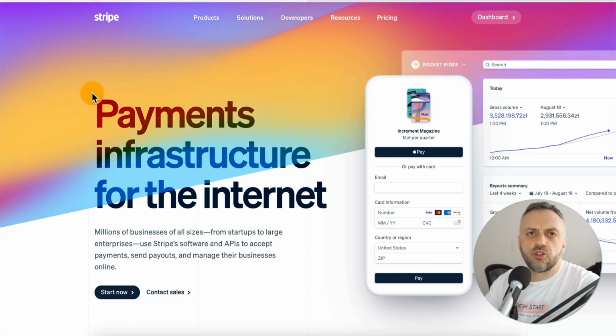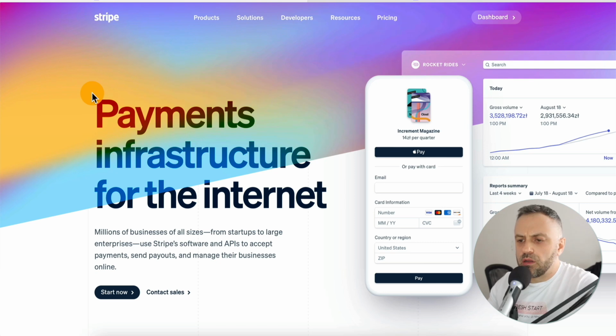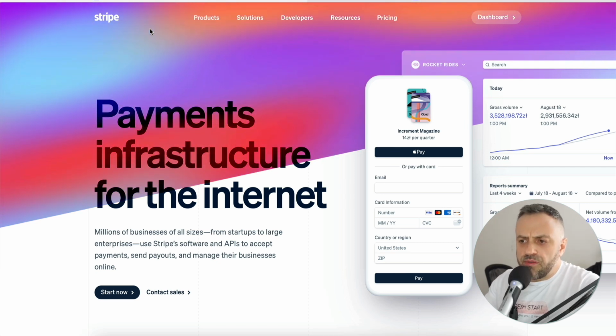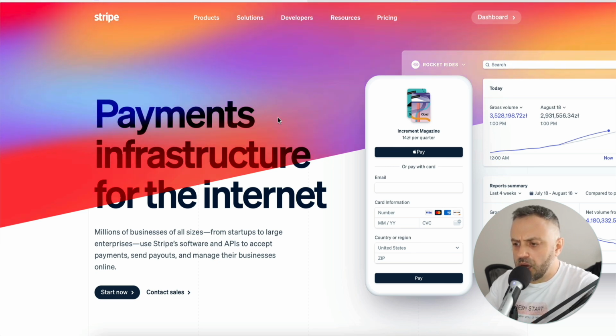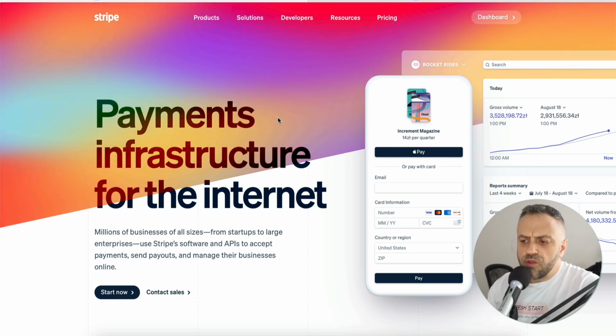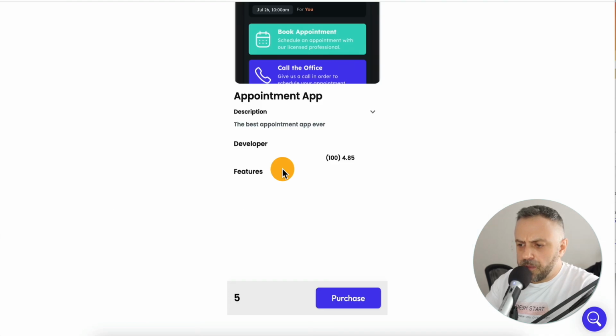So you do need a Stripe account if you want to follow along. And you can simply get your free Stripe account by going onto stripe.com, signing up, filling everything out, and you're going to have a Stripe account. Once you have your Stripe account, you want to go back to FlutterFlow and configure the Stripe